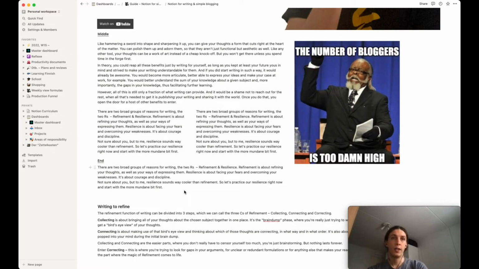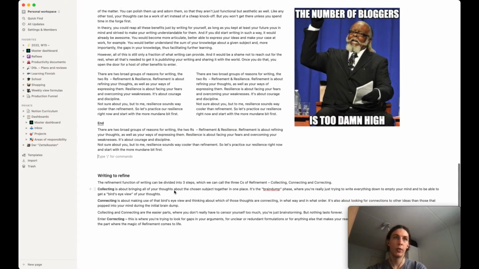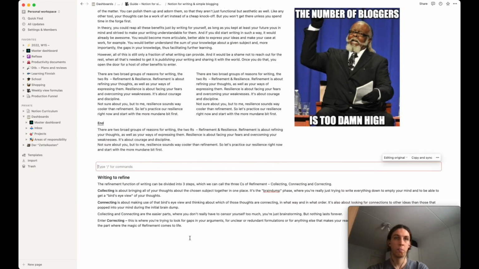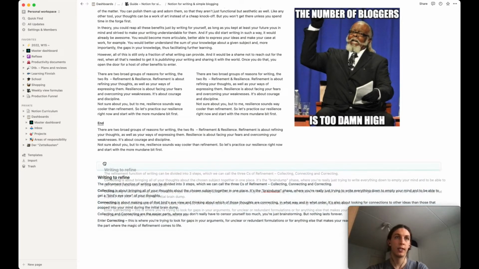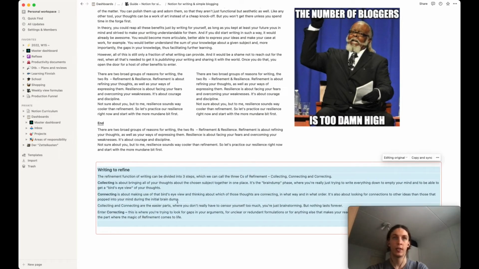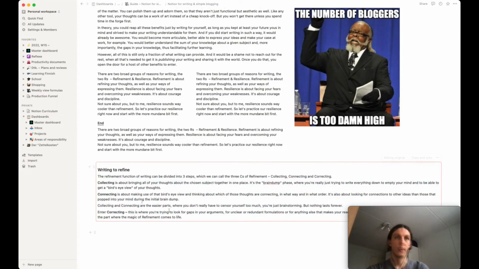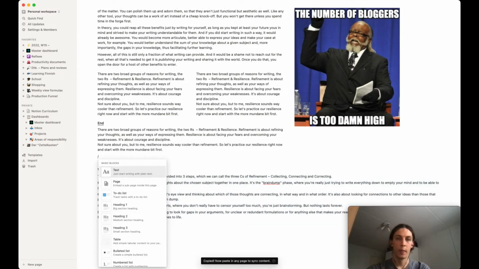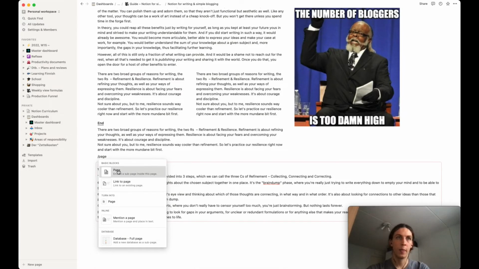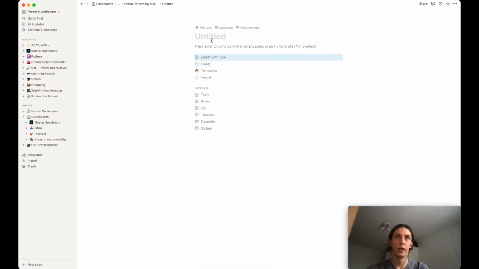Now the final block type we can look at is sync block, which is a block that will sync the content you drop into it across all the pages that the sync block appears in. So let's say if we used copy and sync and created again a page here,